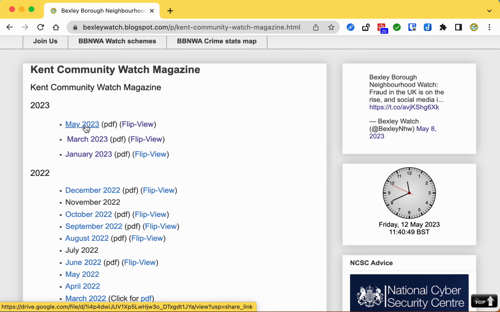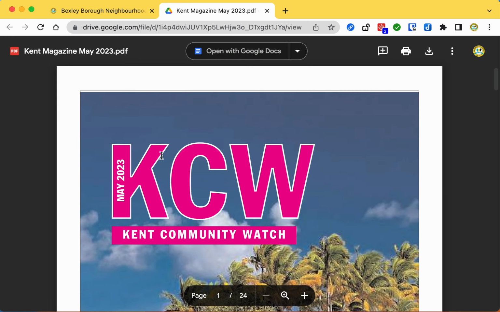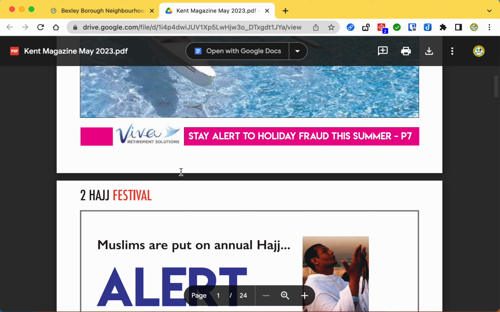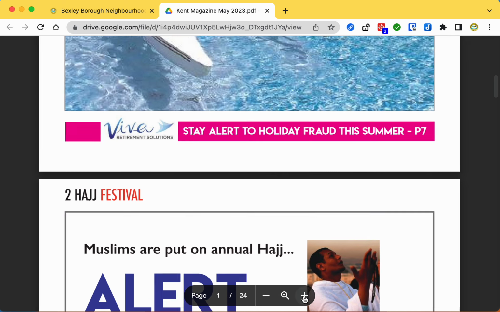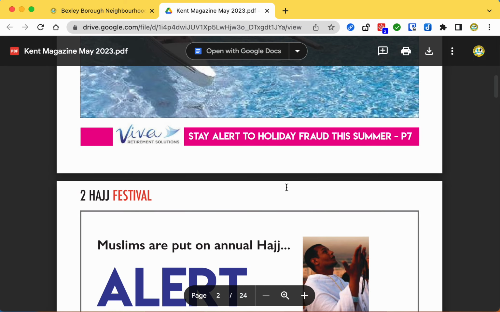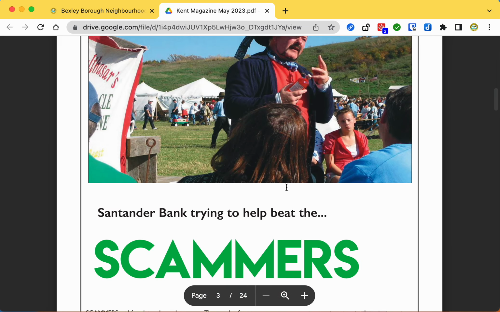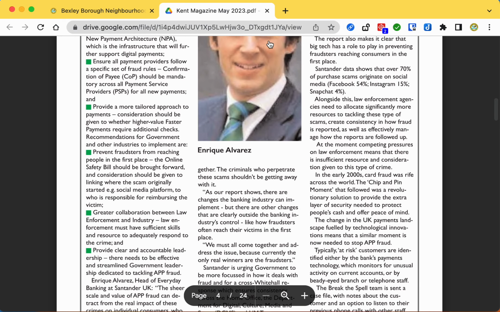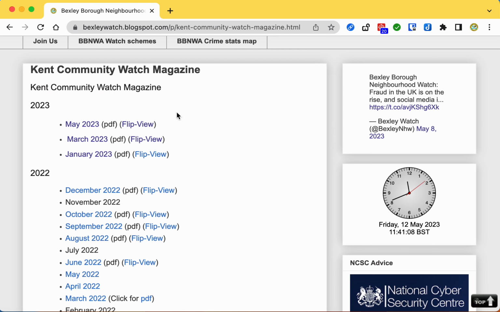It's convenient, just click on it, it opens in a new tab, so you don't have to close the tab, and then you just scroll down. You can make it bigger or smaller so you can have a better look at it, and then go down to the pages. If you prefer the other method, which is flip view, sometimes that's produced by magazines, that opens